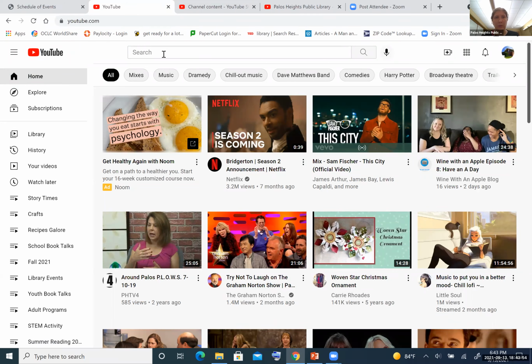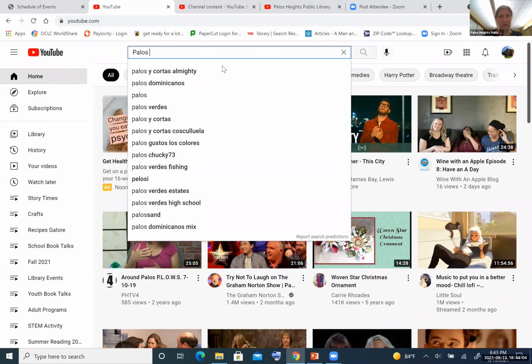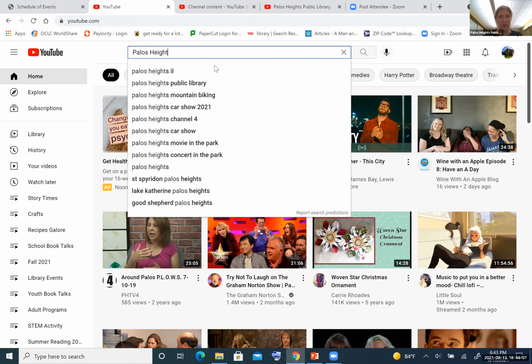And here is where we can get into the search function. So say you're looking for a video or you're looking for a channel, you can just type it in. And here you're going to see it gives you a list of recommended searches based on what you're typing and also sometimes your previous searches. So if it knows you search for one thing a lot, it'll probably pull it up. But here I will click on this. I can click on it or click on the search once I've typed it out completely.